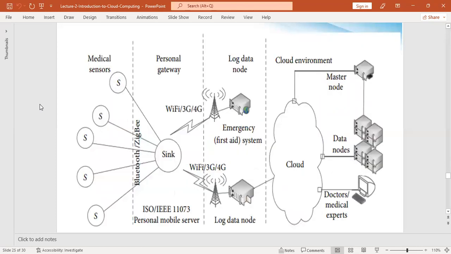The next thing is an architecture which is being deployed here, and this architecture shows the BASN. It shows the same detail, but with a few more additional things, as we have divided it into different tiers. You can see the first tier, which is the medical sensor tier. The medical sensor tier contains a number of wireless medical sensors. It may be an oximeter,